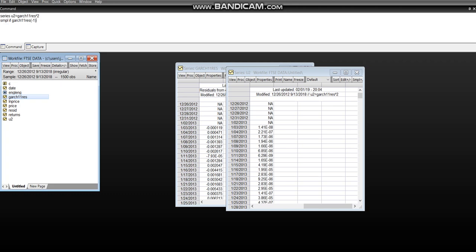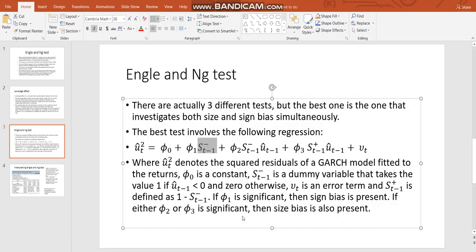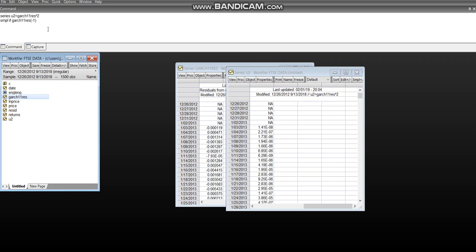We're just going to open brackets, type in -1 and then close brackets. It takes the value 1 if the residual in the previous period is below 0. So sample if garch11res(-1) is less than 0,